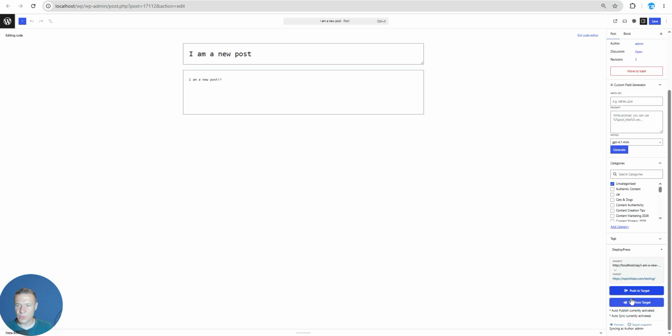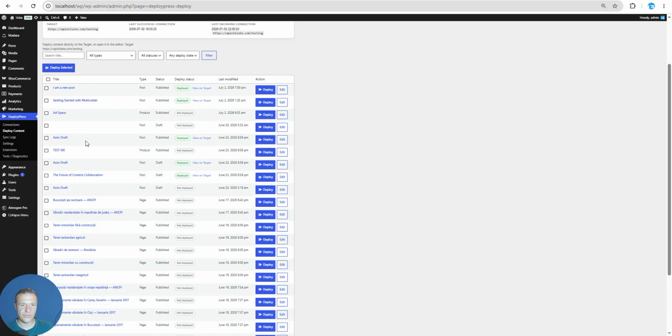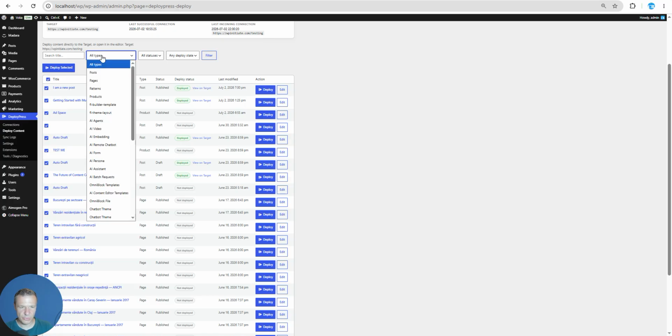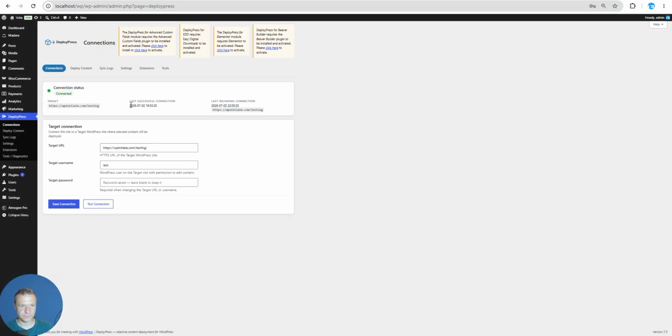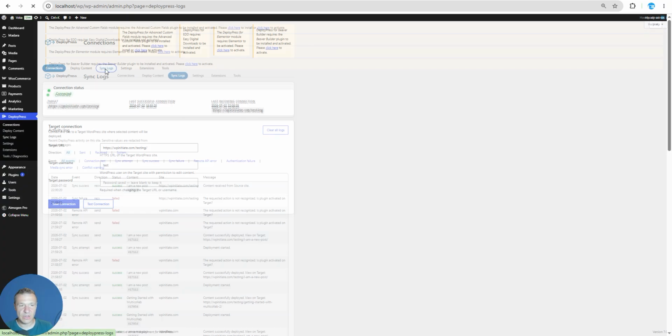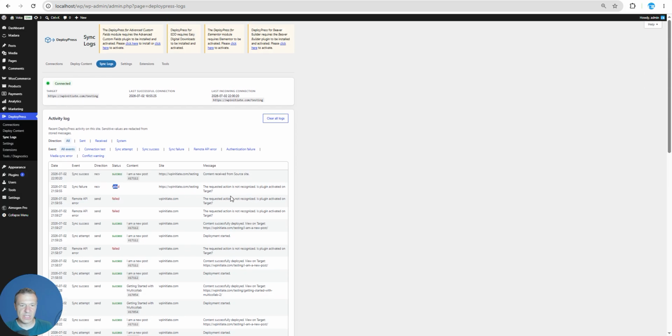So this is it. We can push and pull posts manually or automatically, using the deploy content. You can see here that all appear as deployed. We can bulk select here by post types. We can manually deploy or bulk deploy them. We also have the connection settings, which list the last successful connection. We also have some logs which show, for example, that this one failed because we did not have the other extension plugin